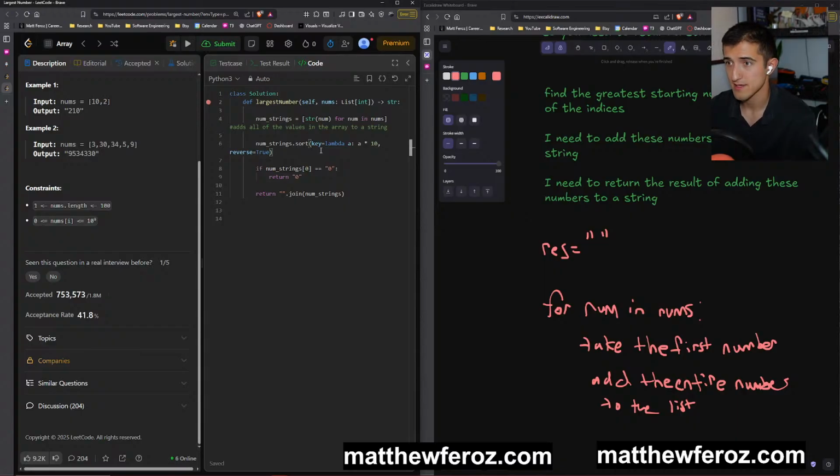But it turns out that after you add all of these values and turn them into a string, you can actually use the built-in Python sorting function to sort in reverse by the largest value after you multiply times 10. Also, I didn't realize that I had 2 of these down here. What I was going to write here was